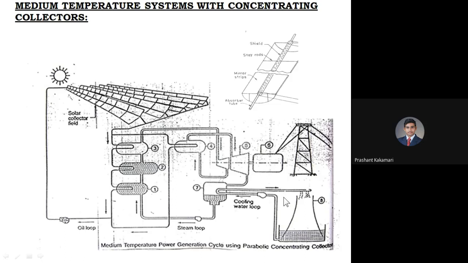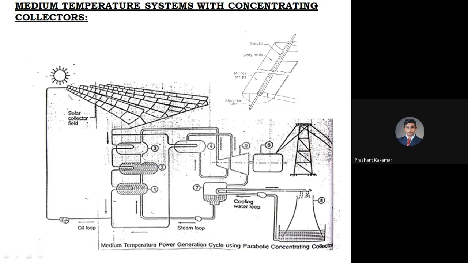In big power plants, if you see the coal thermal power plants, we will be having cooling towers. What it will do is, the hot water coming from the turbines at low pressure or high pressure will be taken to the cooling tower and sprayed from the top. And the cool air passing from the bottom to top will convert that hot water into cold water. And this liquid water can be pumped to the condenser or the collector,